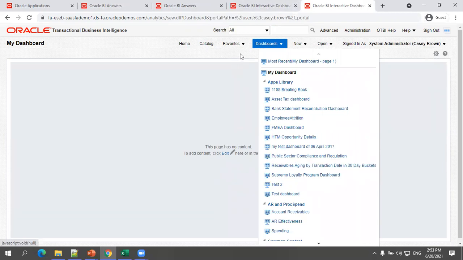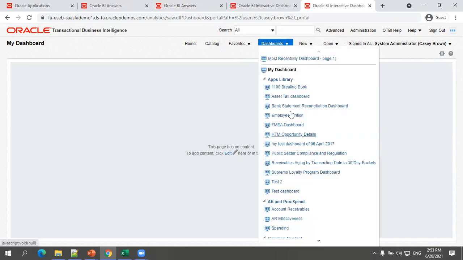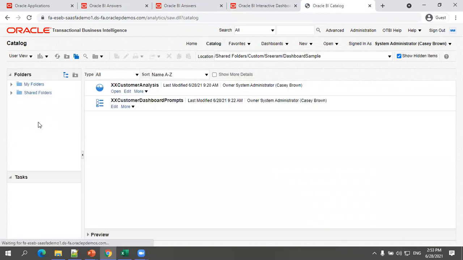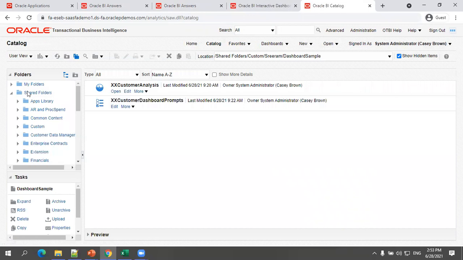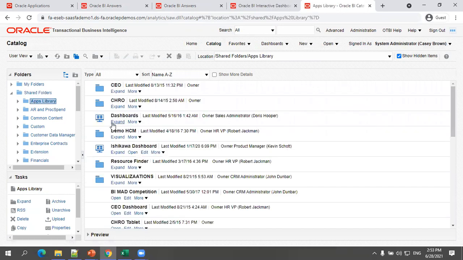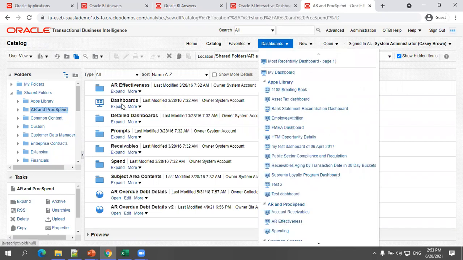For each top level folder under shared folders, let us say if you click on apps library, you'll have one dashboard folder. Let us say if you select AR, you'll have one dashboard folder. These are the predefined dashboard folders. If you want your dashboard to be available in any of these locations, you have to save your dashboard in that specified location.